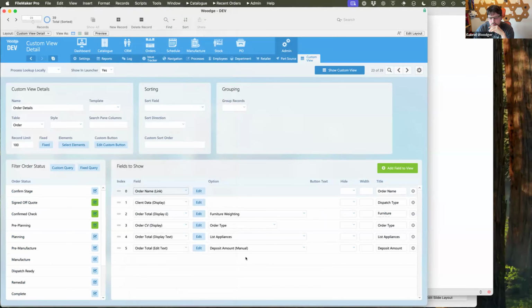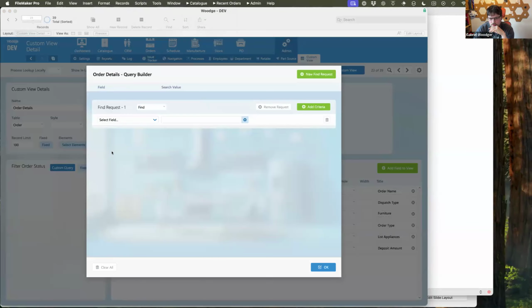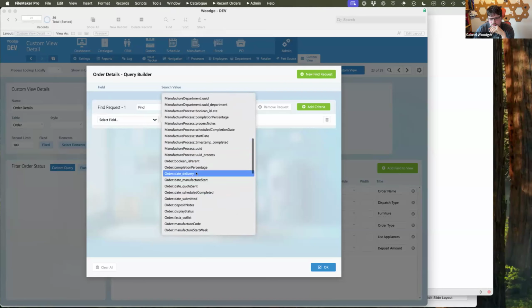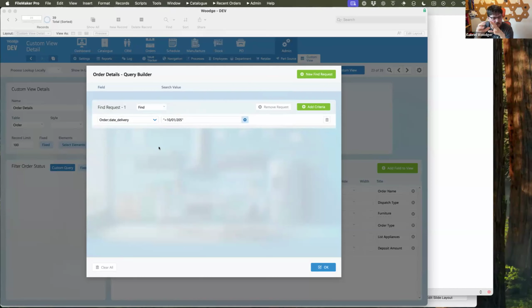And at the moment, it's a bit fiddly and a bit finicky, in that if they want to do a custom query, they need to basically generate what ends up being a data API request, but they need to say order delivery date is greater than, like, the first of the first. So it would be great to have an LLM look at a bunch of examples of the type of structure that data can be in, describe what you want, and we'll generate a custom report for you based on that.